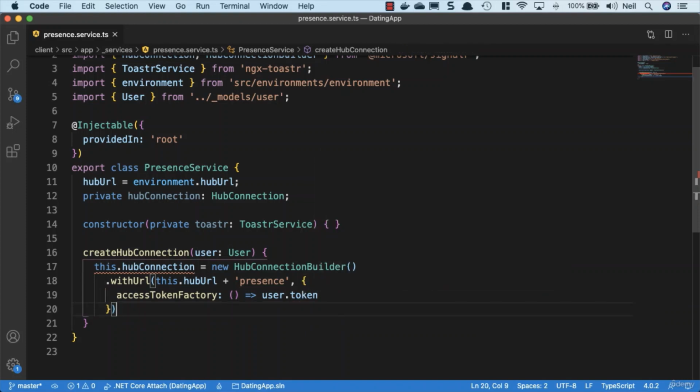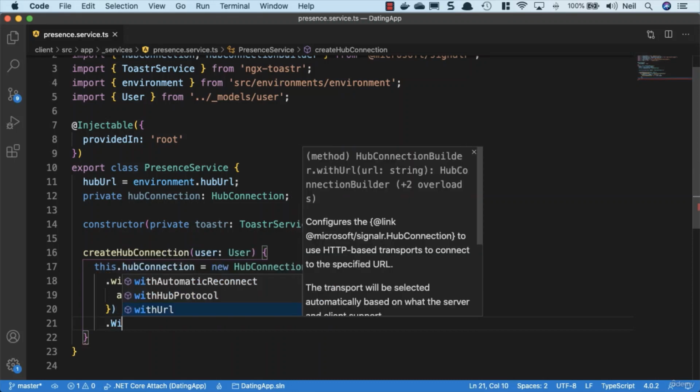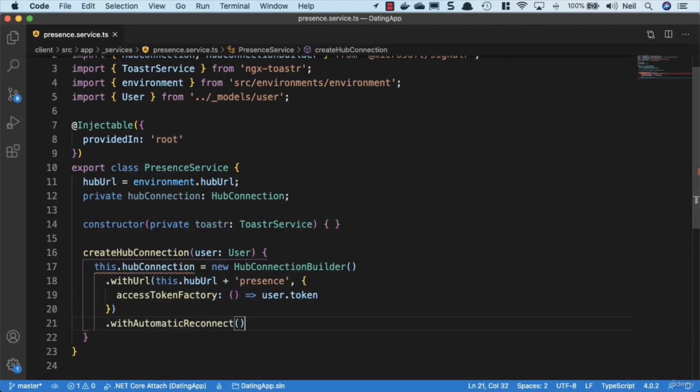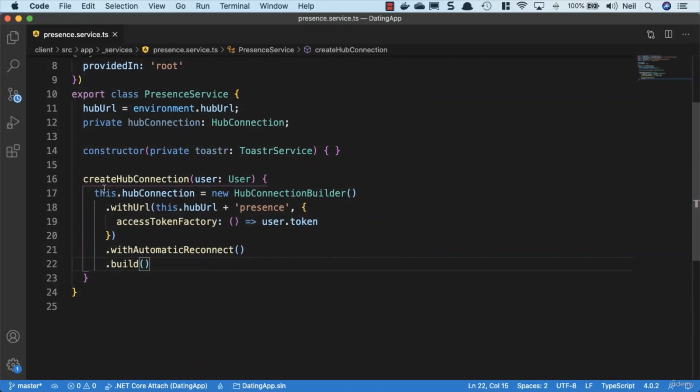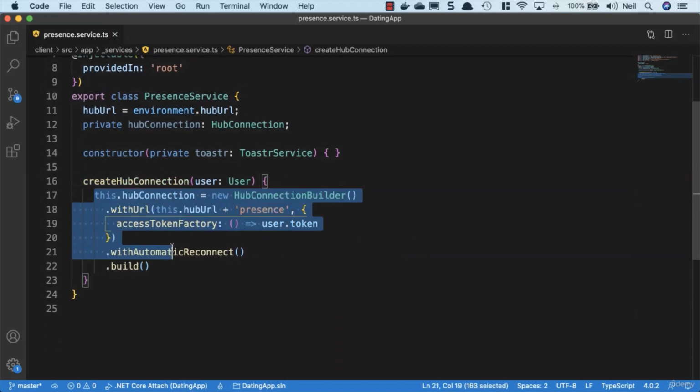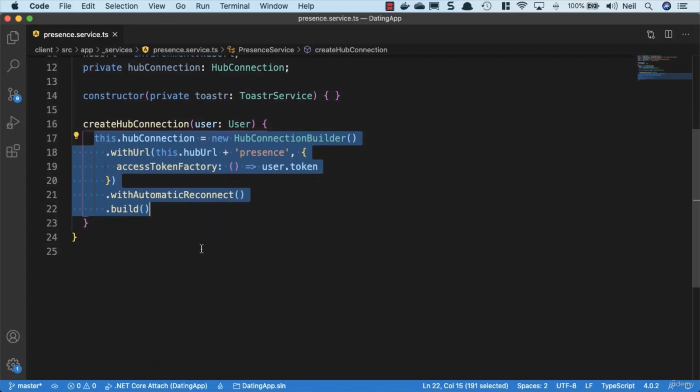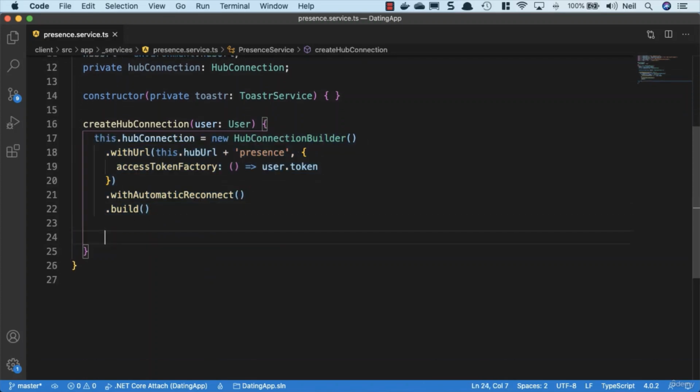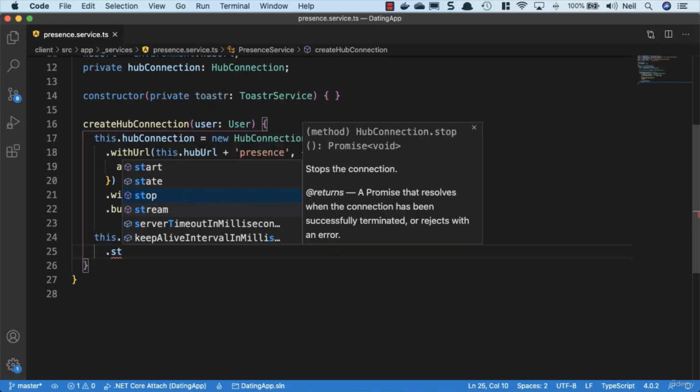Now underneath the withUrl, we're going to give this a tiny bit more configuration, and we're going to say withAutomaticReconnect. So if there's a network problem, our client is automatically going to try and reconnect to our hub, and then we can say build. And this takes care of creating the hub connection. What we need to do then is actually start the hub connection. So we'll say this.hubConnection.start,